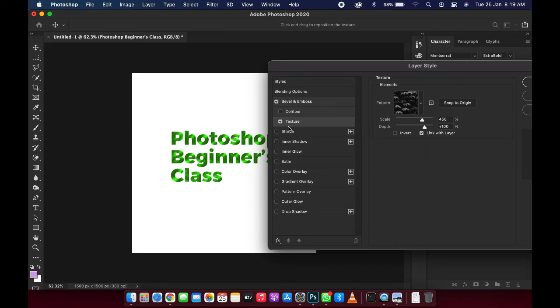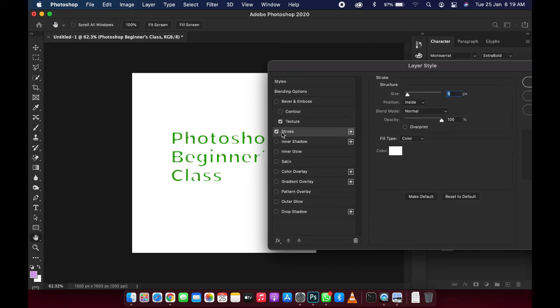Now let's move to stroke. So let me just off Bevel. I didn't need Bevel again. Now this stroke gives us outline. Once you click on it, you make sure you click on it to select and activate it. So you see, if I should mark bevel now and I didn't click on it here,